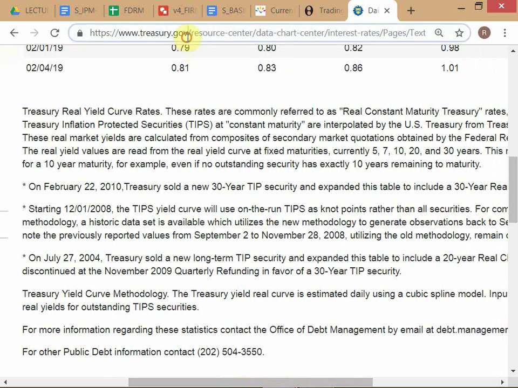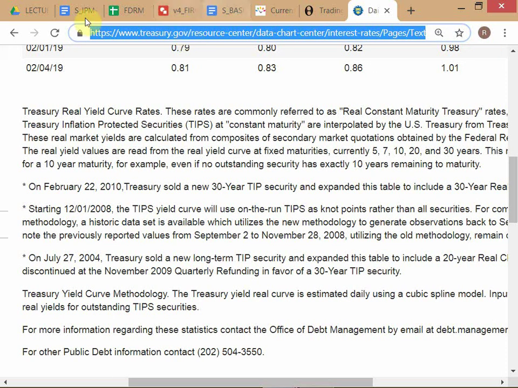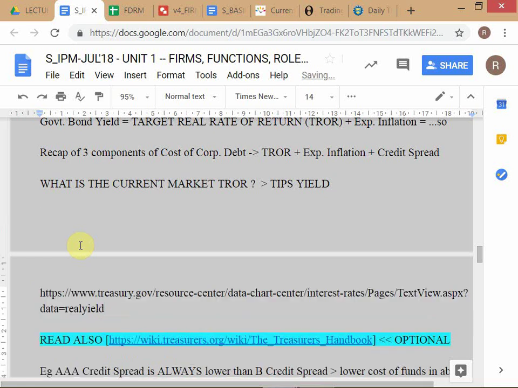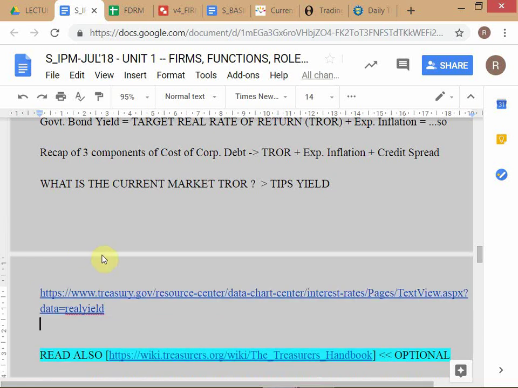I will give you this link, let's put this link here. This is a relevant discussion as well. We should know what TIPS is. This is part of our learning on debt capital markets. And to figure out the answer to this question,